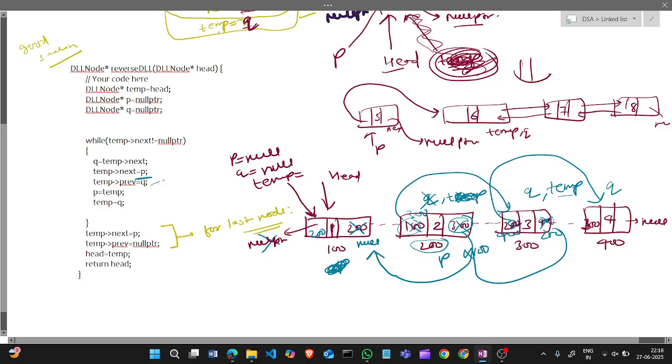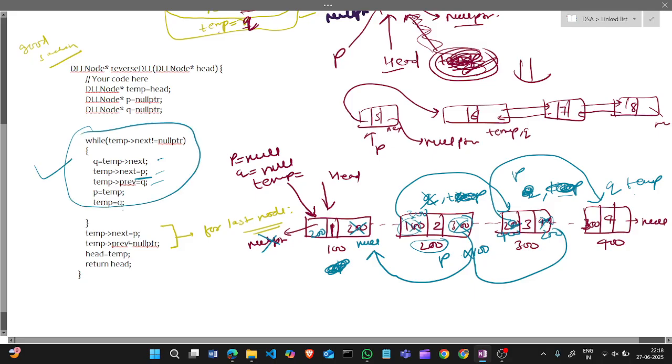See this code. I will make p as temp, and q as temp next, so temp is here. So check, is temp next a null pointer? Yes. If it is a null pointer, then this loop is completed.